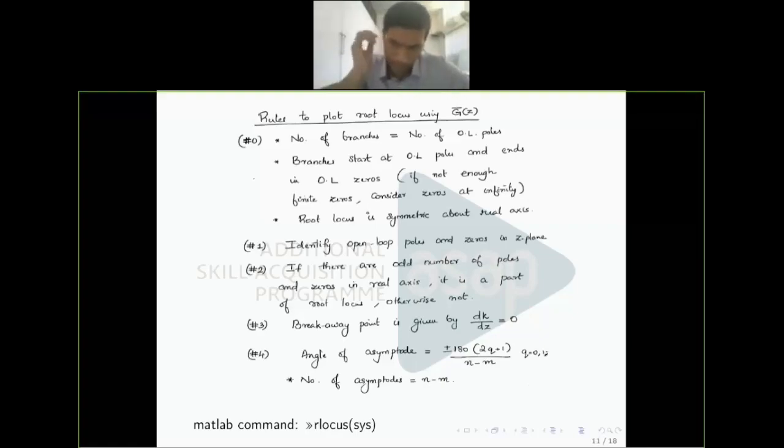Okay, sir. The next question is, how will we determine the maximum sampling duration possible for digital control system? Can you repeat the question? How will we determine the maximum sampling duration possible for digital control system? Okay, so there is one famous theorem, the sampling theorem, which gives you the sampling period. What is the period that you can choose for sampling can be obtained by using Shannon sampling theorem.